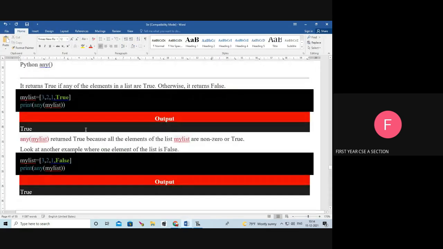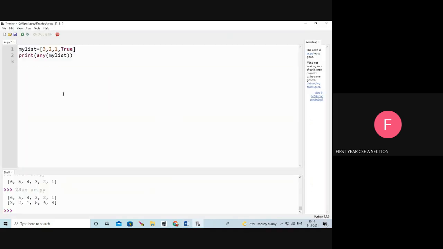Next, the any function. If any one of the elements in the list is non-zero or a positive number, it will return true. Otherwise, it will return false. We will see one example. Here, my list equals 3, 2, 1, true.